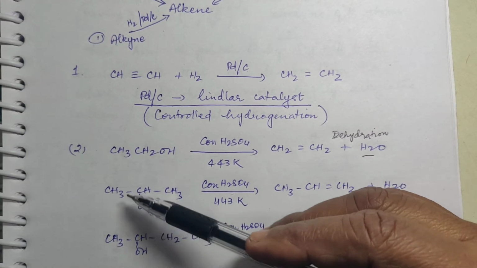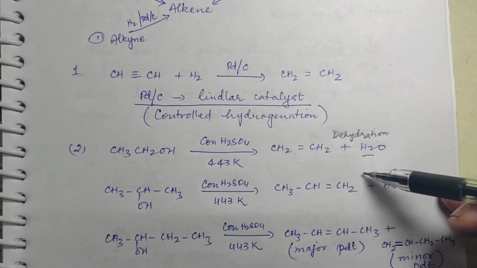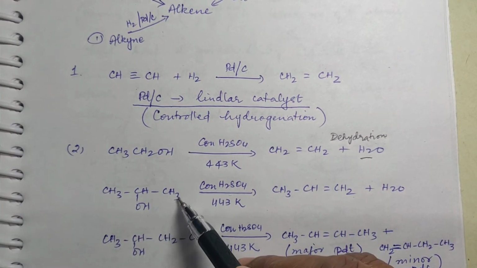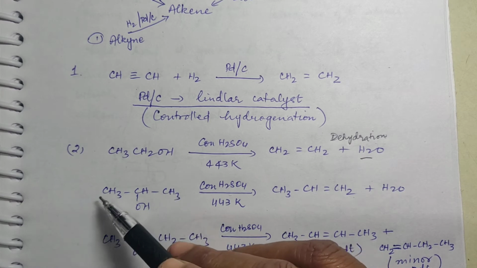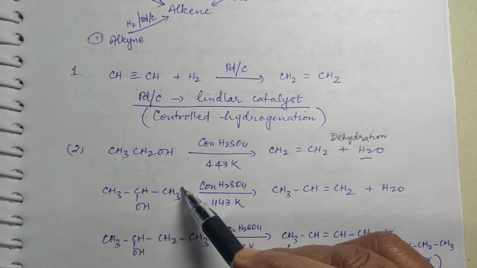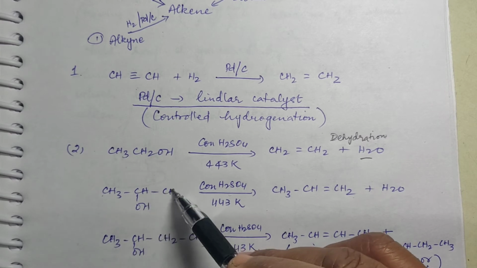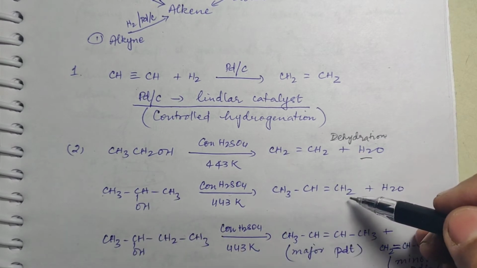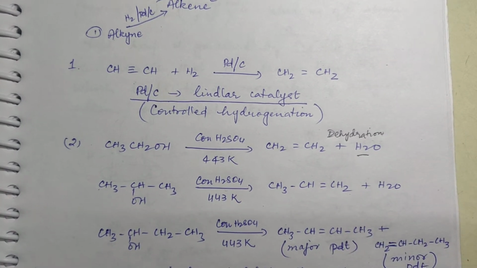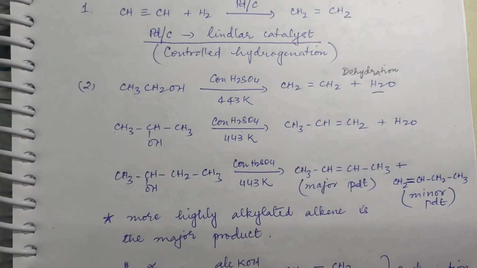Now if you take propan-2-ol, then you will get propene. Okay, that is OH from this carbon and hydrogen from either this carbon or this carbon. If you take out in the form of water, what is left behind will be CH2. So there will be a double bond created between these two. That's what you have got. Now supposing you use butan-2-ol. In that case,